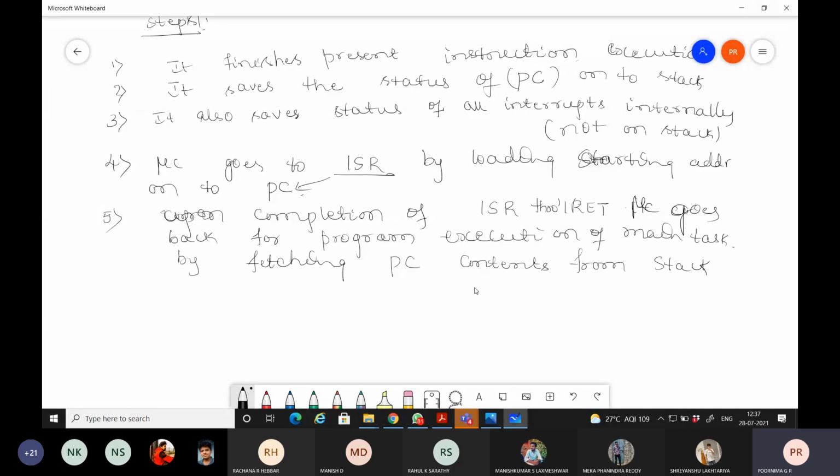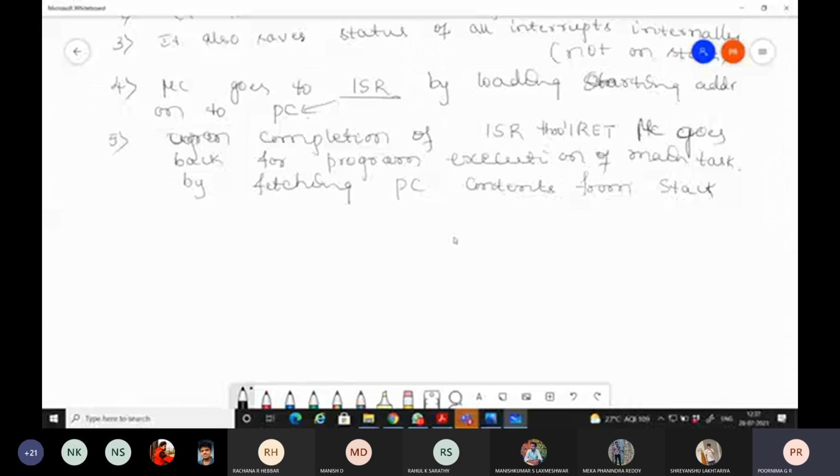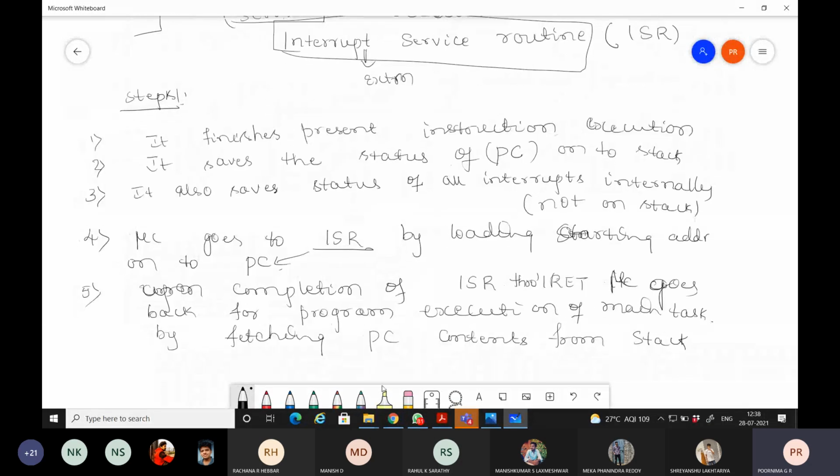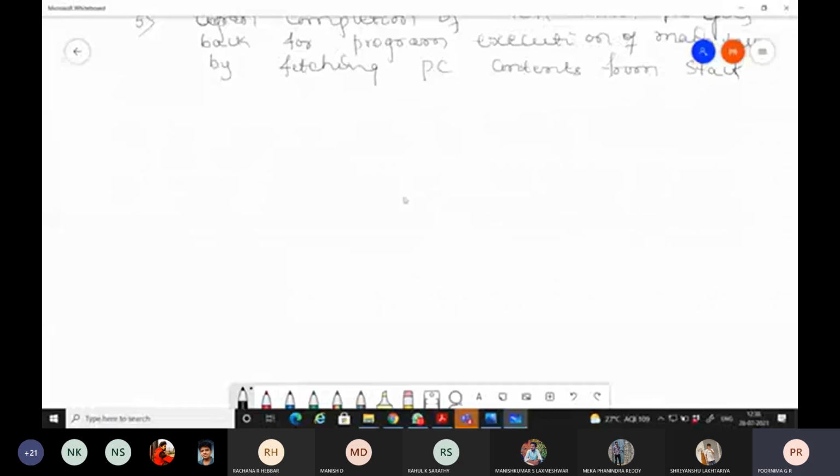Is it clear, students, about the interrupts? What is an interrupt, and how many types of interrupts and techniques we have in 8051, what is a subroutine, and what are the steps that the 8051 will undergo before servicing the interrupt service routine.